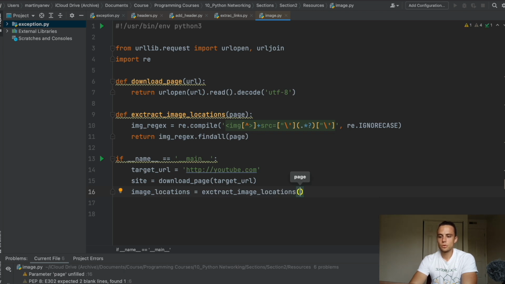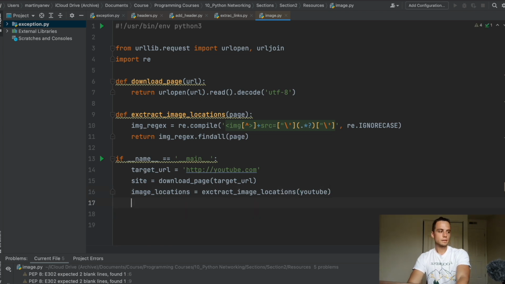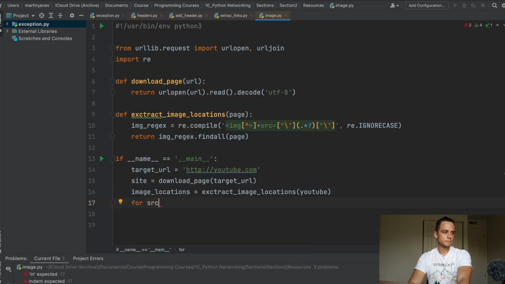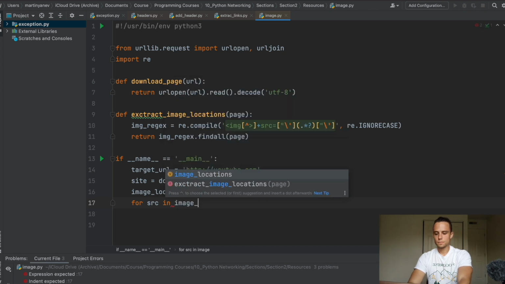This is a function that we also created, and the page will be called youtube. Let's write now for src in image_locations,